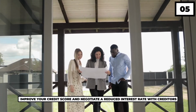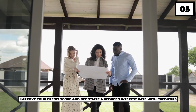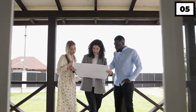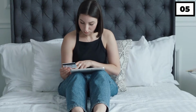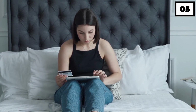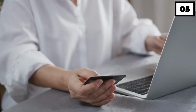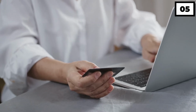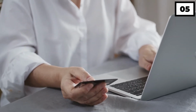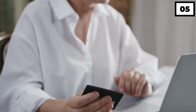Number 5, improve your credit score and negotiate a reduced interest rate with creditors. The FICO score is used by every creditor to establish interest rates. Applicants may improve their FICO score by paying bills and dues on schedule. As a consequence, creditors will offer you a cheaper interest rate. Your credit score is affected when you have a credit card and use it to pay expenses. Paying your bills on time improves your FICO score, allowing you to get approved for the largest credit amount at